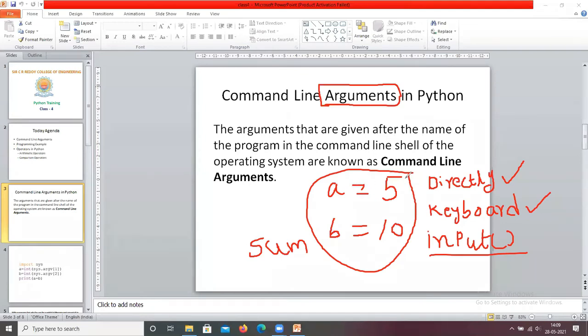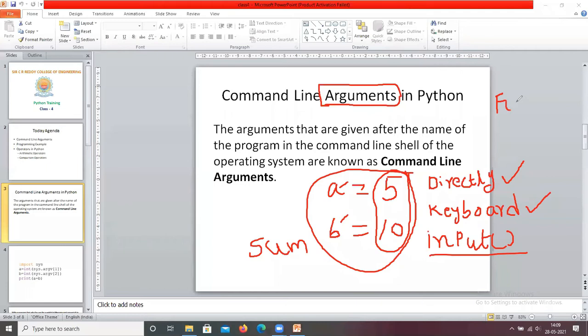Similarly, now you take 5 and 10 as the arguments for the variables a and b. So 5 and 10, these two are the arguments. We call 5 and 10 arguments when we assign the values to these variables through functions.